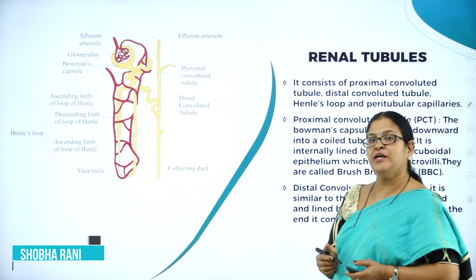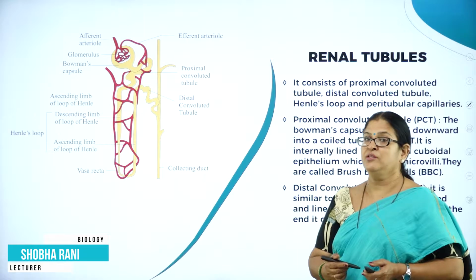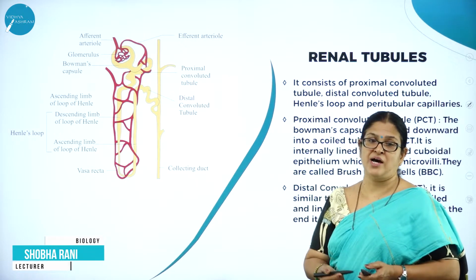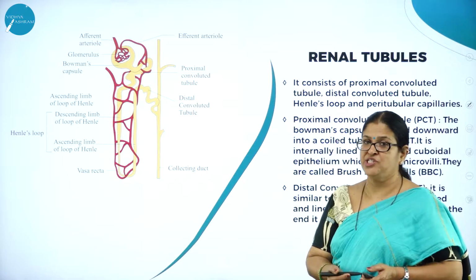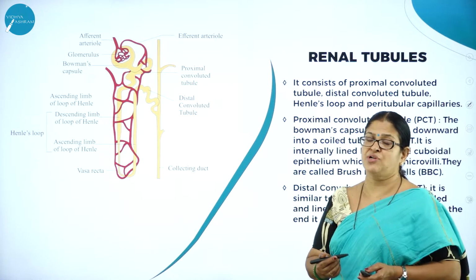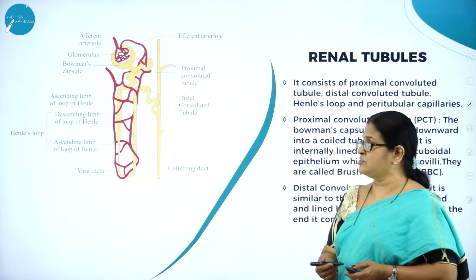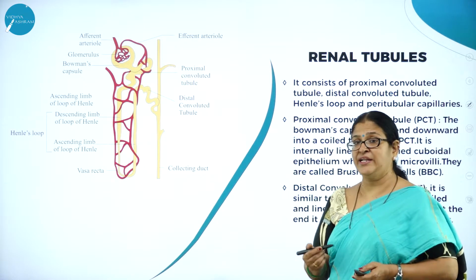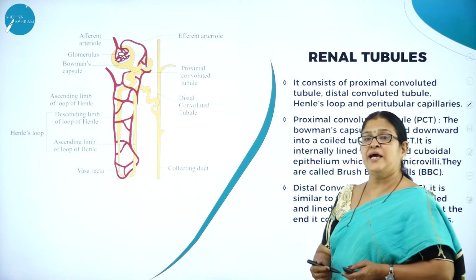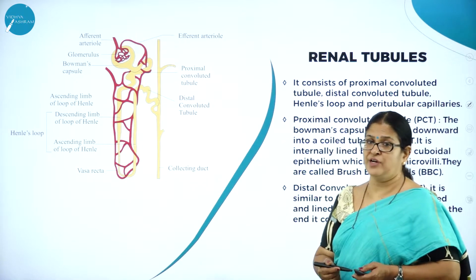Hope you remember in the last session we studied about the structure of a nephron, how important nephrons are for the process of excretion. As we know, each kidney is made up of millions of structural units called nephrons. The study of nephrons and kidney related is called nephrology. Here, you can see the picture of a nephron.